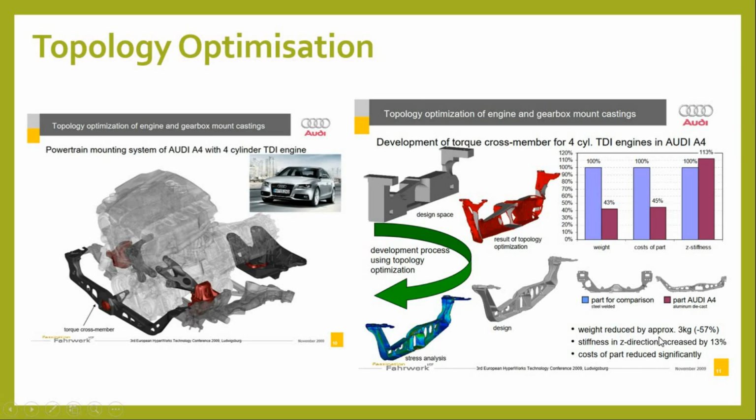Here, weight is reduced by approximately 3 kg, which means like 57%. Stiffness might increase by 13%. So the cost of the product is reduced significantly. If you compare, this is nothing but your comparison. Your weight was 100% earlier, now it is 43%. Cost is also reduced by about 45%, and stiffness also increases. So all three parameters show an increase in stiffness and a reduction in weight as well as cost. So like that, when you talk about weight reduction, then you need to think about topology optimization. Okay,